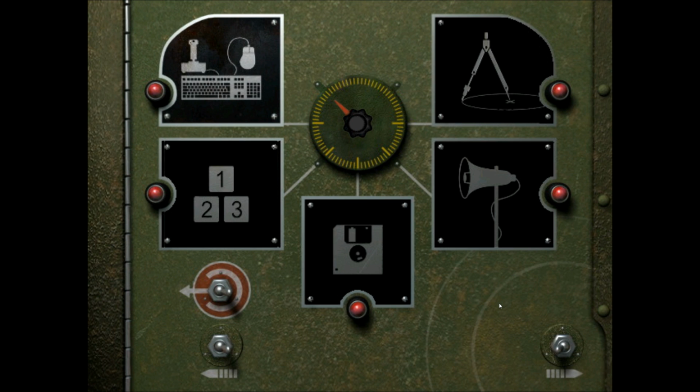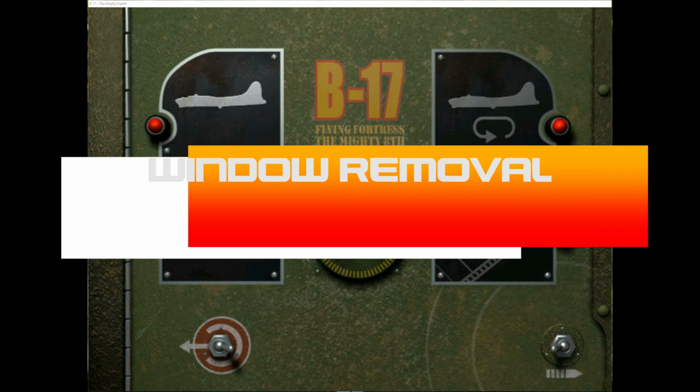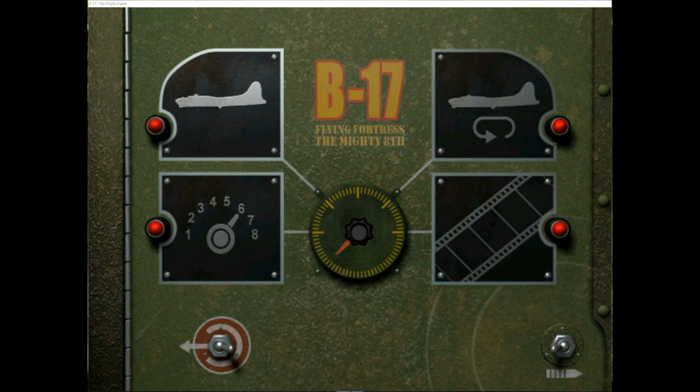And that's it. That's all of the main game options that are required to be changed. So we'll stop there and move on to the next section. This section of the video deals with how to remove the ugly title bar and border from around the game